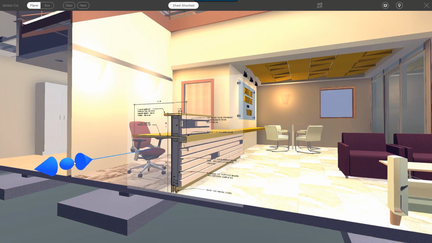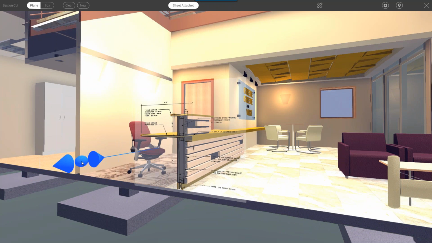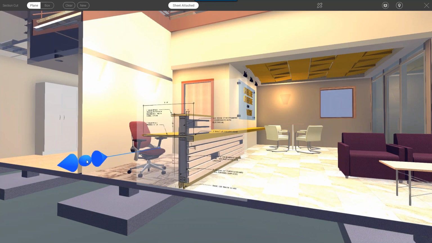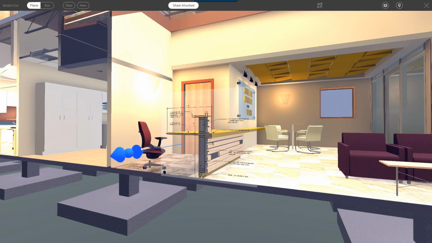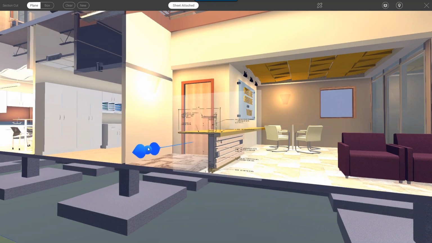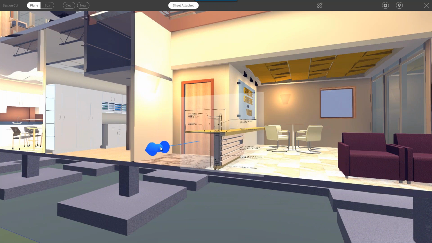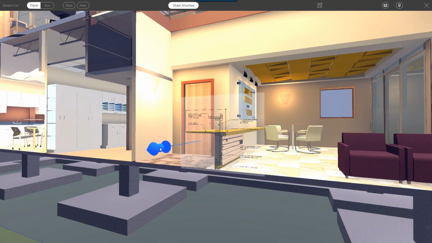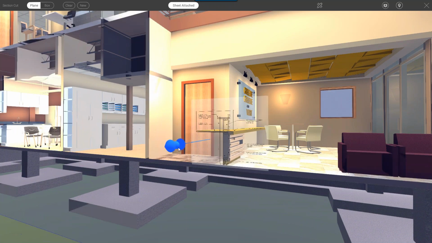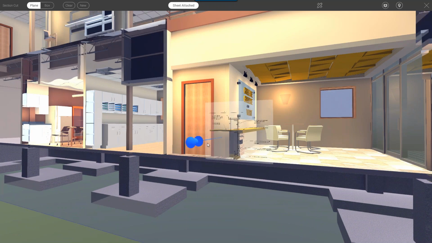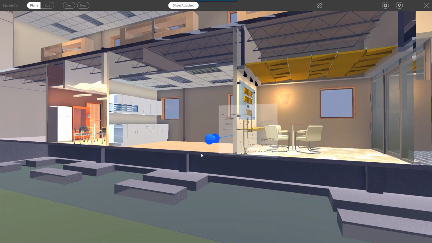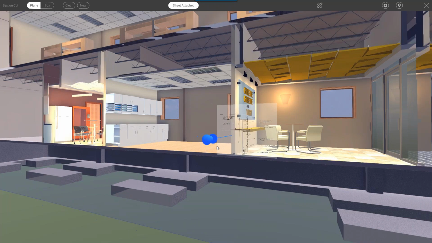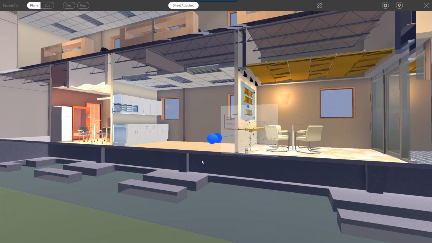A lot of times when we're developing a section, we have to mentally think, okay, what's beyond this condition where I'm cutting right now? And by dragging this, I can all of a sudden see, oh yeah, that condition changes. There's not a transaction counter at some point along the path here. So I need to cut another detail and mark that up, possibly. And then you keep going and you see that all of a sudden there's a wall that is impacting this detail. And so what's holding up this long piece of counter once the base goes away that was supporting it?